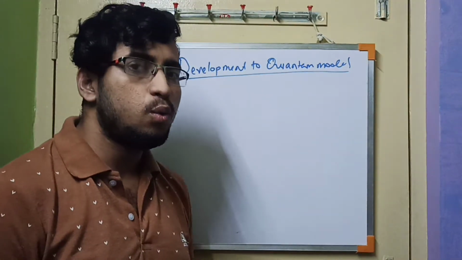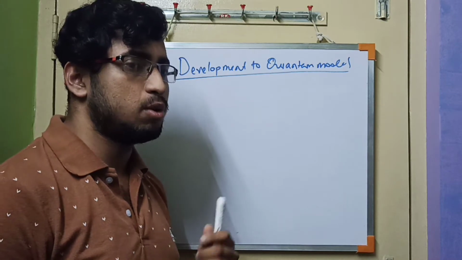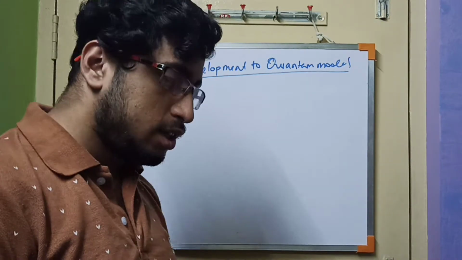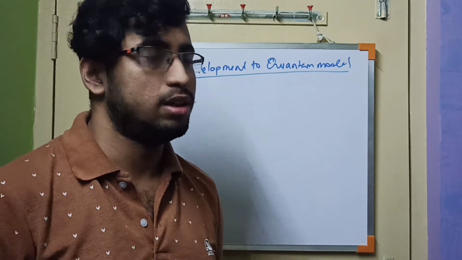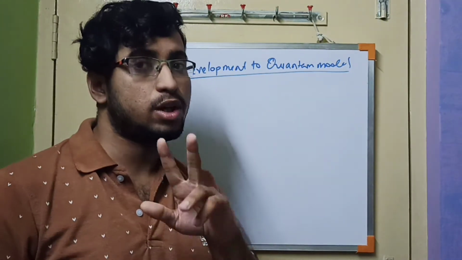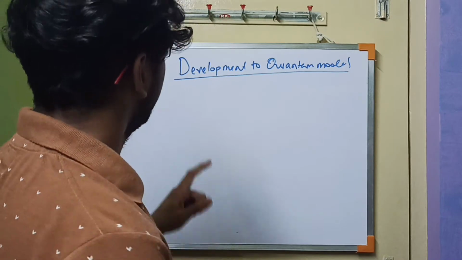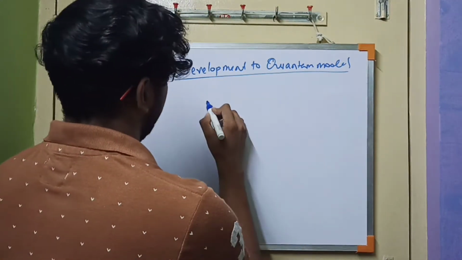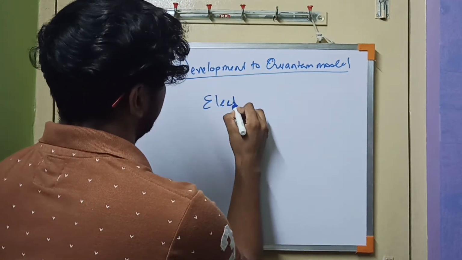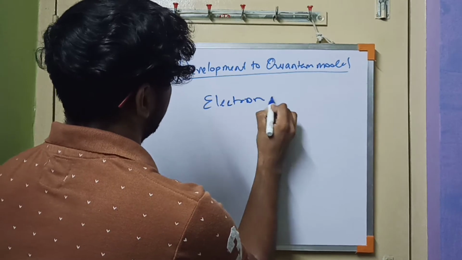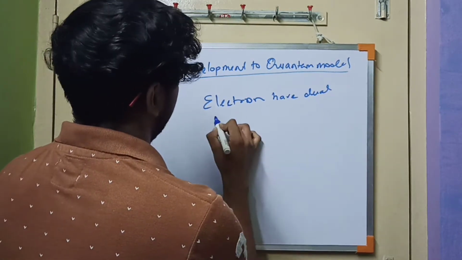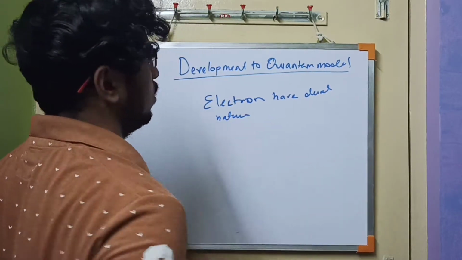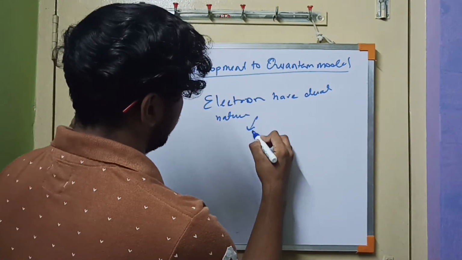So to start the new lesson, we have to know that behind every development there are statesmen. In this lesson there were two statesmen. One: the electron has dual nature. One looks like a particle,